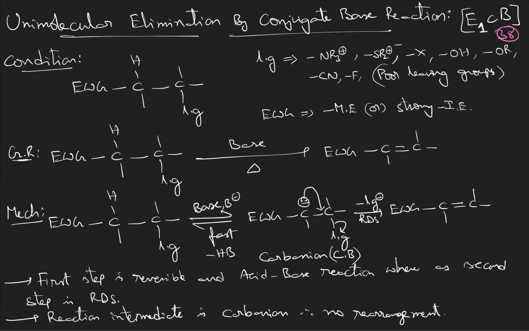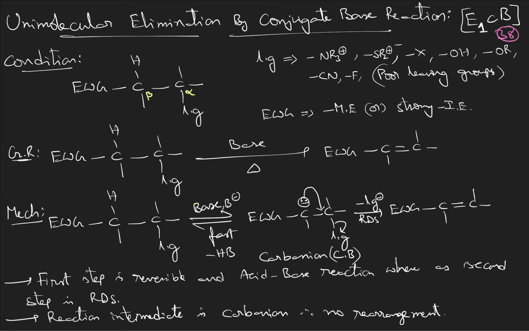Okay, so going to the details of this reaction. First condition, the reactant molecule should have a leaving group. Many of the times the leaving group will be a poor leaving group here, but sometimes there may be good leaving groups also, like NR3 plus, SR2 plus, X, OH, OR, CN, F. This is the alpha carbon,